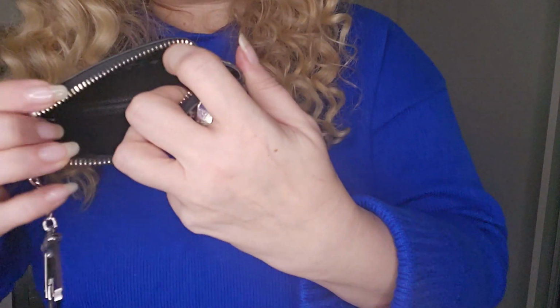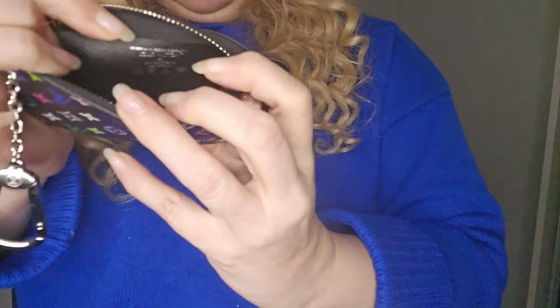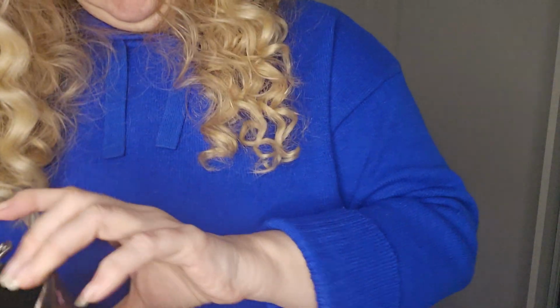It's obviously got your standard key pouch part. And let's see what we can do to show you this inside. It's a bit like when you try and take a picture of any tag inside. Hopefully you can see a bit of that, but inside it's got the thing about it being the Murakami collection, and it's got those 4 designs that are on the ribbons and everything else. But for me, the key pouch, sorry the zip was a bit stiff there, I think the key pouch is one of my favourite things ever